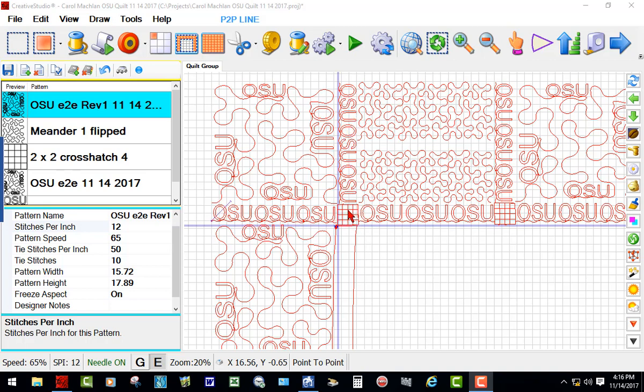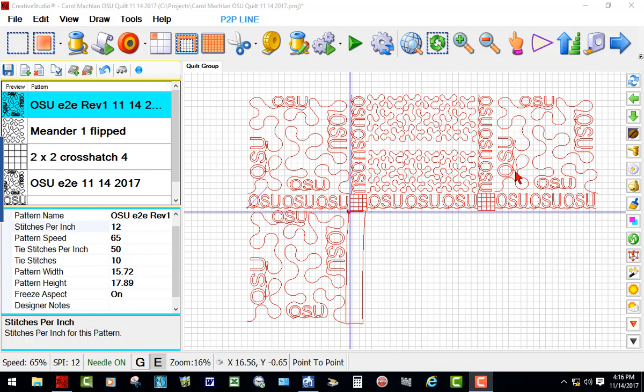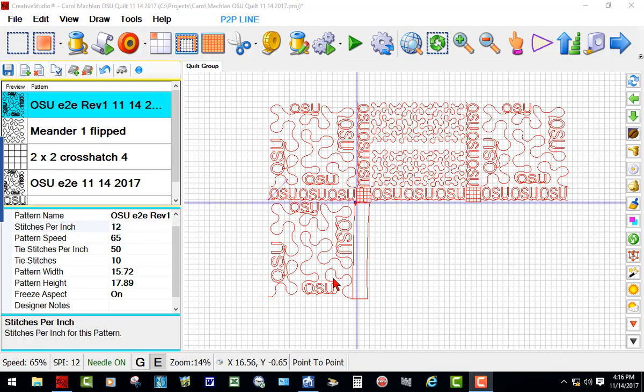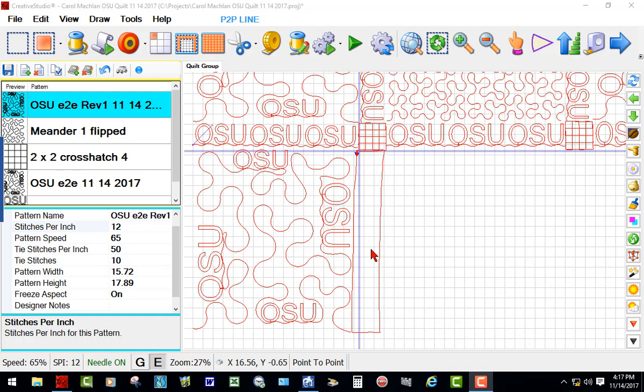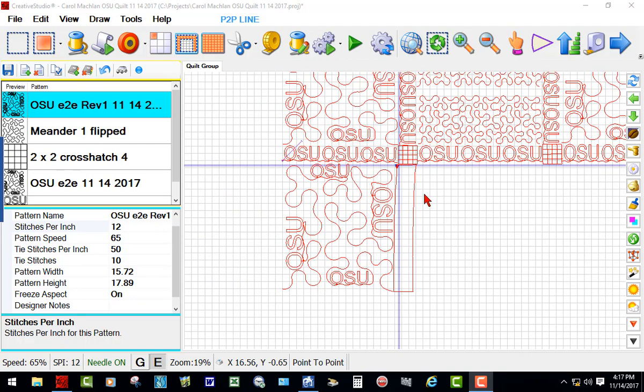and a cornerstone. Then there is something embroidered in this spot, so I left that unquilted, and another block over here. So I'm working right now on this area, and I've drawn a boundary. There's a sash right here. So what I think I'll do, and I don't use this very often, I have my P2P set on P2P line. I have the boundary drawn, so what I'm going to do is just